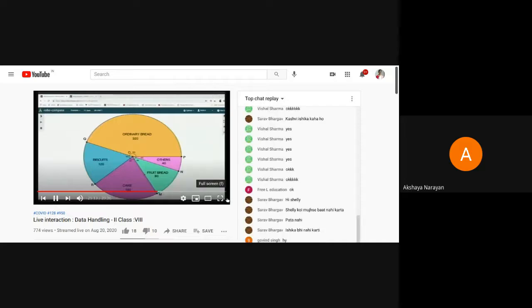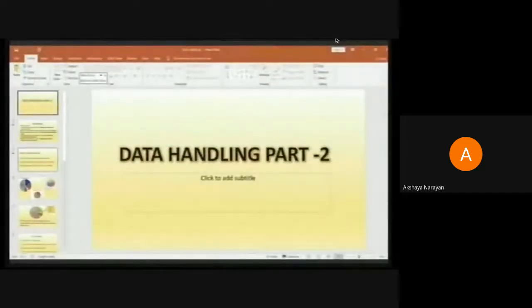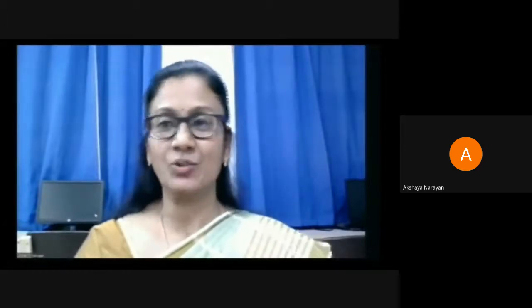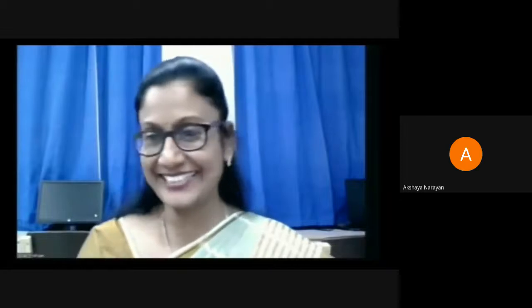PowerPoint to see how we can make one more pie chart, because I think we have ample time. We have around 15 minutes. Yes, we can definitely take up a pie chart. Now you should do it faster along with me. This is very nice data which all of you will be having, because it is again that data on how you use your time in your house for various activities that you do.